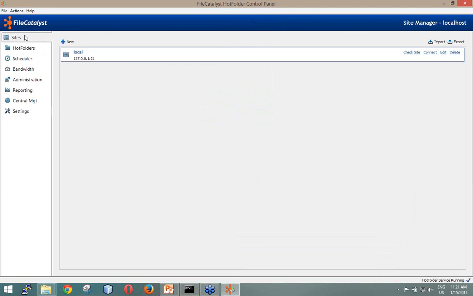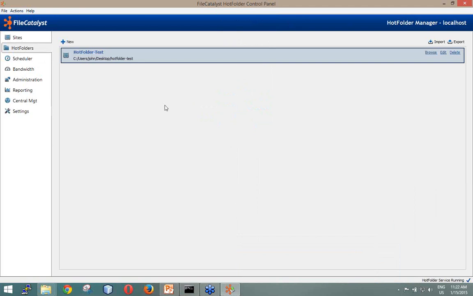But keep in mind that you could have multiple sites pointing to the same server, just with a different username, and that will allow you, let's say, to map to different directories or create different workflows for different use cases. In this case, I only have one site for demo purposes, which is local and is pointing to that user that I created on the server.